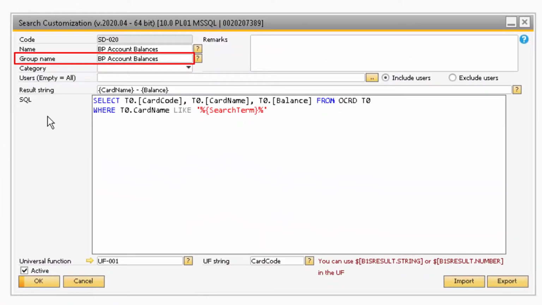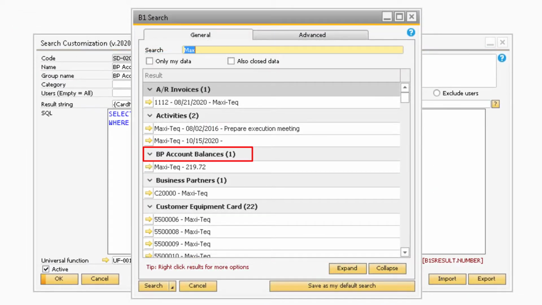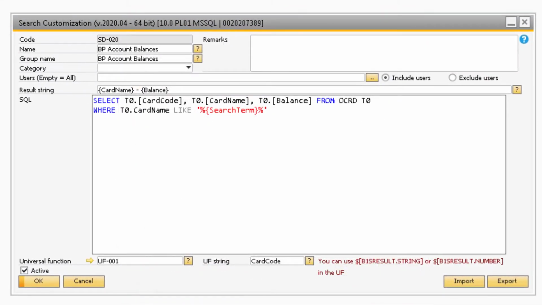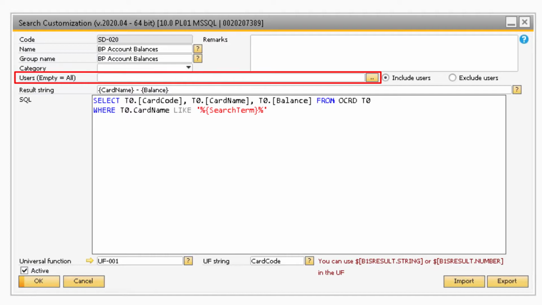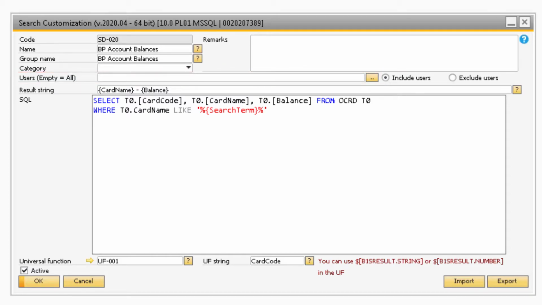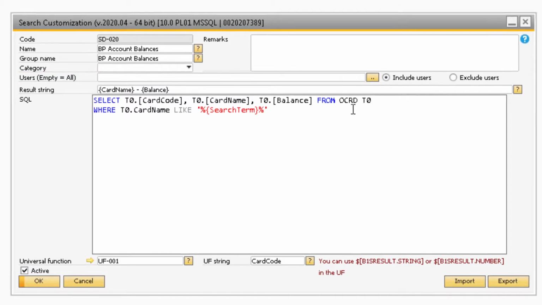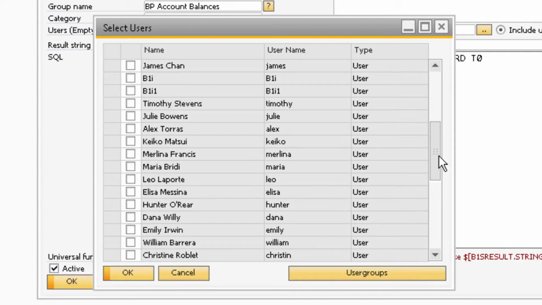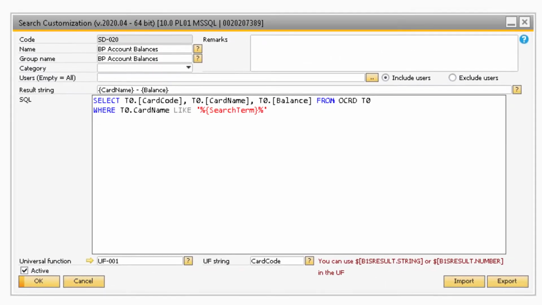Moving on to the group name field, this value corresponds to the group header in the search results. Next, we will look at the user field. This is where you can specify which users have access to the search option. You can select users by clicking on the lookup box next to the field. You also have the ability to include or exclude specific users from the search option by selecting the corresponding